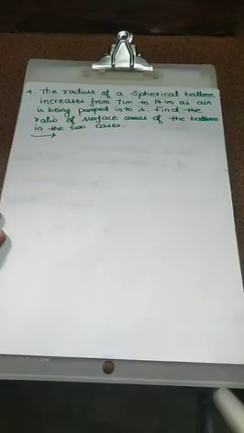That's all. Fourth problem. The radius of a spherical balloon increases from 7 centimeter to 14 centimeter as air is being pumped into it. Find the ratio of surface areas of the balloon in the two cases. So the radius of the first balloon is actually 7 centimeter. Then it increases, the radius is actually 14 centimeter. So we calculate the surface area of the spherical balloon in starting and after increasing. Next we calculate the ratio.